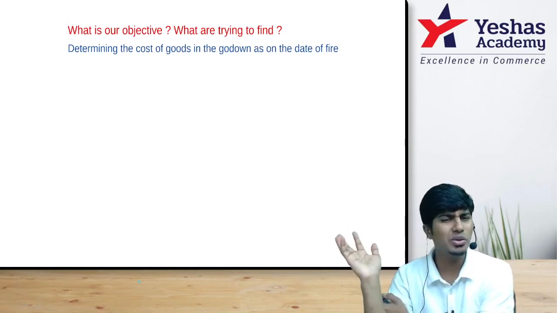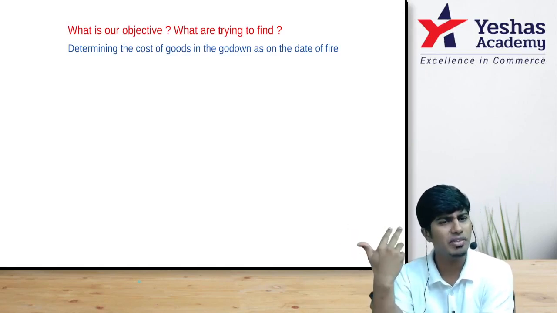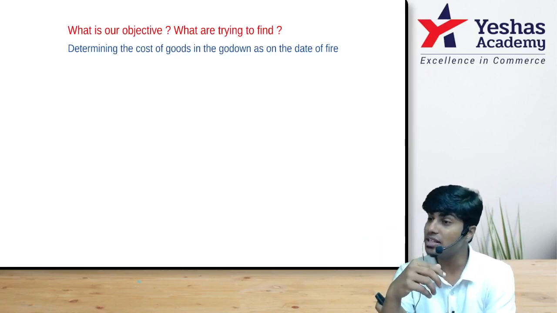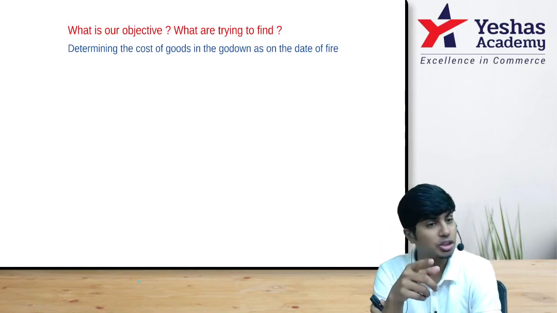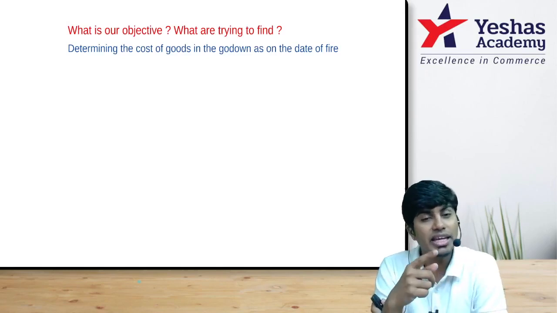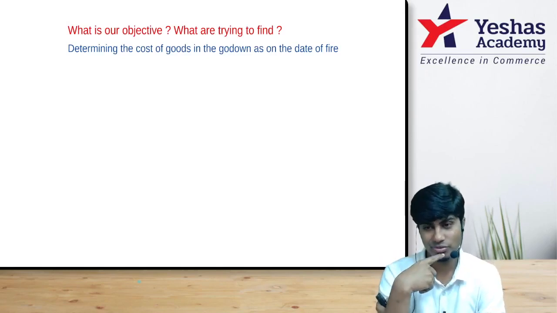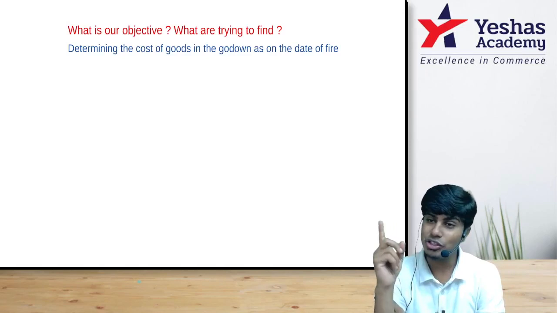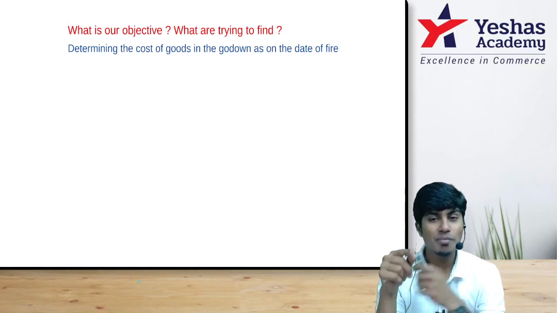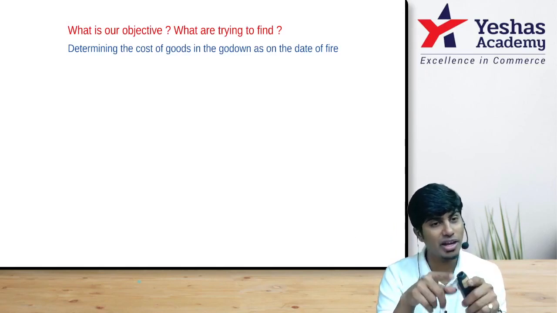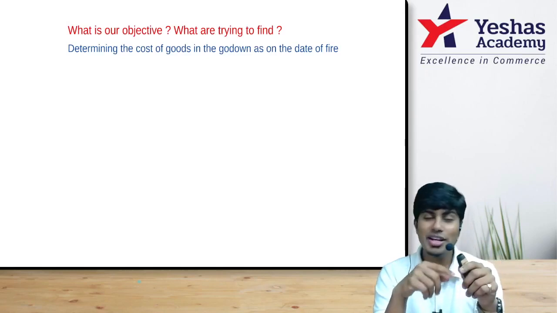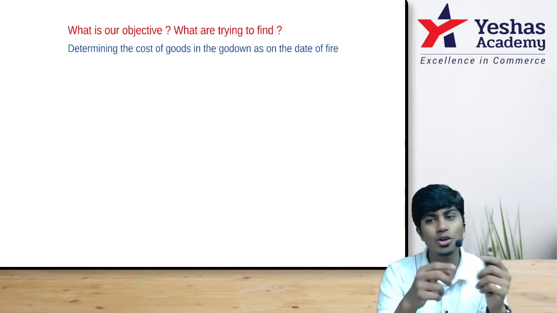You will say, sir, why do this separate chapter? Simple, trading account is available. No, no. The answer is incorrect. In the trading account or in the stock records, whatever would be there is the accrual system of accounting. Here we should do the actual system of accounting because goods that will get destroyed by fire are the goods that are there in the godown. It doesn't matter whether you own it or you don't own it.